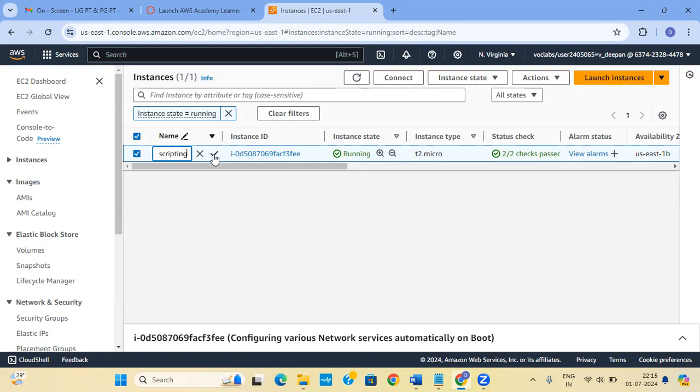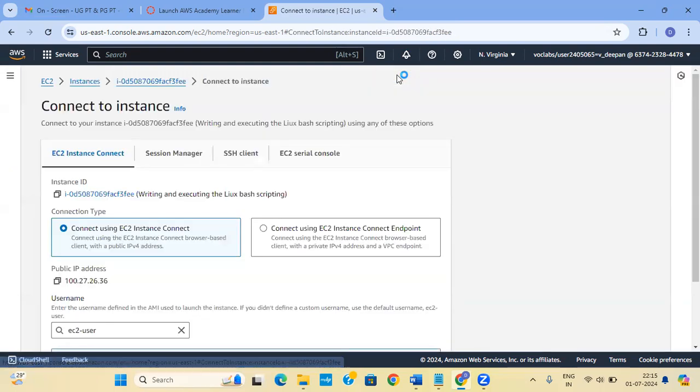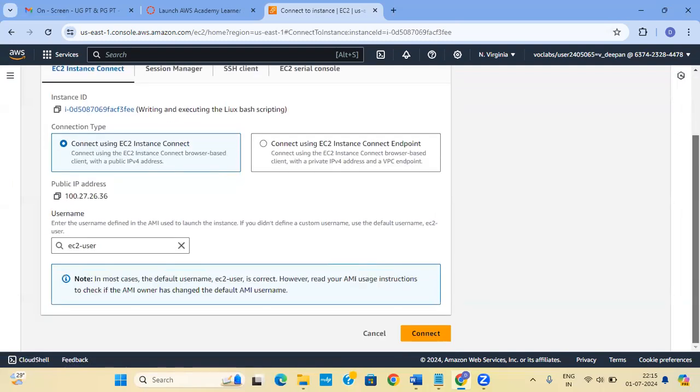Now after this, just click the submit button, where the name of the instance has been edited. So now you could see the name of the instance has been changed to writing and executing the Linux bash script. Let me go to the terminal of this particular virtual machine by clicking on this connect button, then click